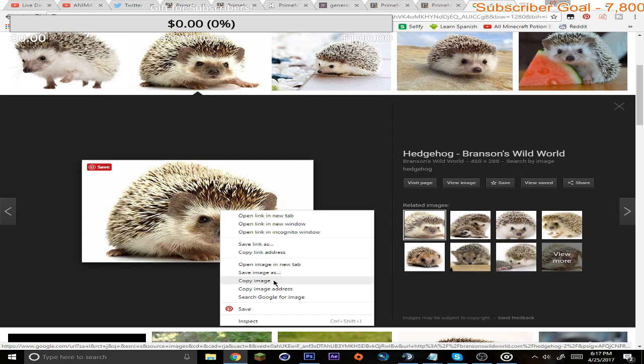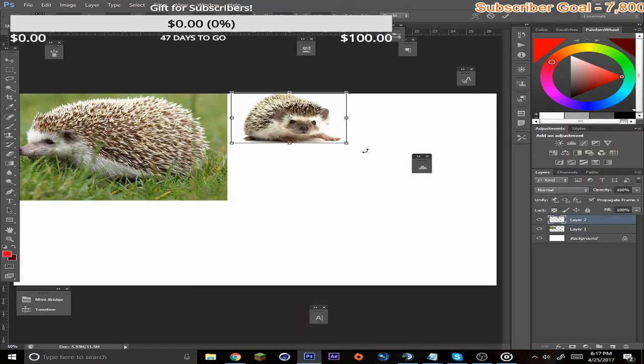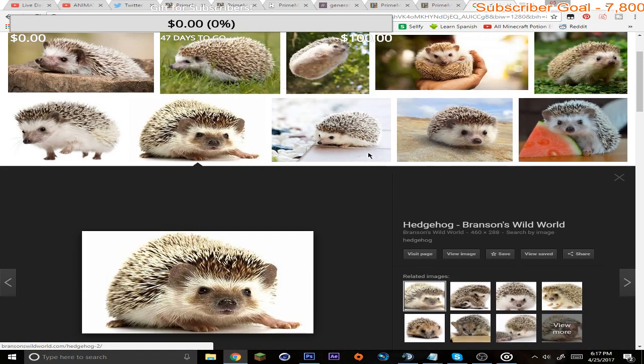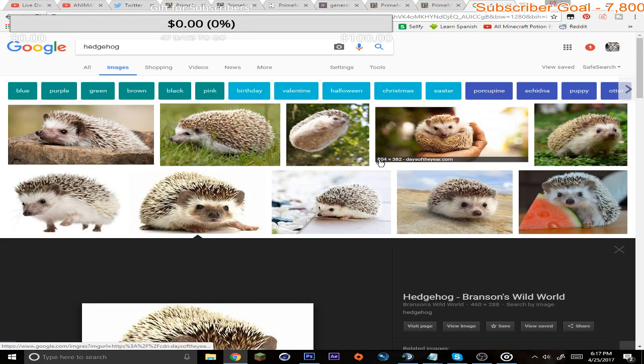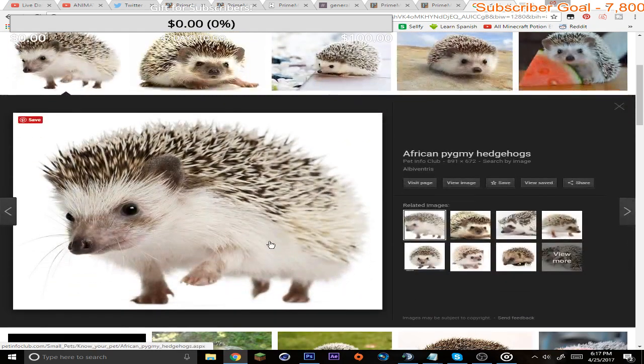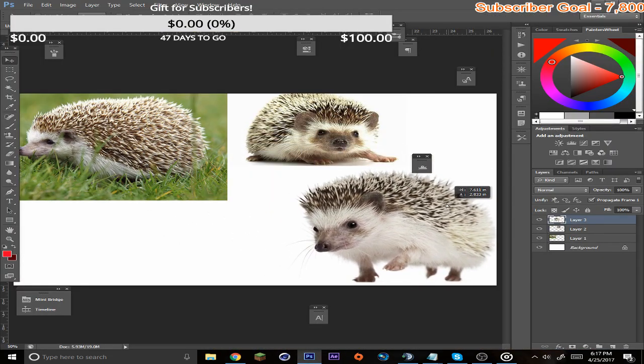This is a perfect image just because it really shows us exactly what a hedgehog looks like right off the bat. You can see the front and everything. We're going to try to get another view to see how their body is proportioned. Ooh, this is very good if we're going to have a walking guy. If we're going to have a guy walking, that would be nice.